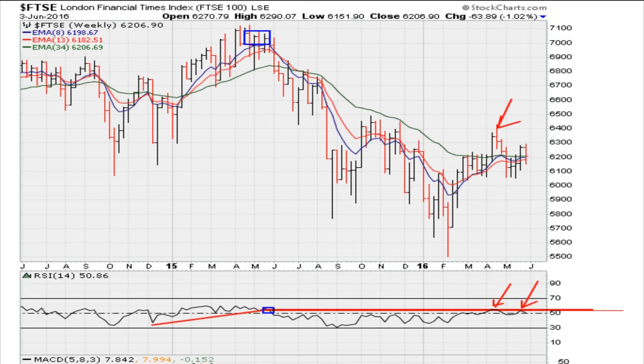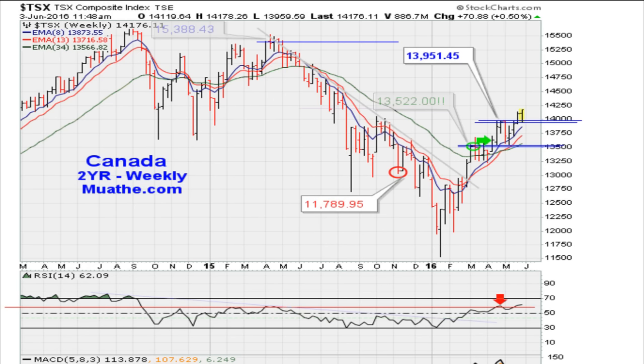to lower prices. Let's take a look at the TSX, the Canadian market, and similar to the Indian market and the South African market, we see short term a breakout, and this breakout needs to continue holding above 13,951. So it needs to continue holding above the recent weekly closing high for this to continue at least having momentum to the upside. So while that is true, we can see that the weekly chart is coming back to test this level here. So the RSI does need to stay above the red line if this market is to see higher prices. Now I'll show you why, to be consistent with the Indian market, why this is a level on